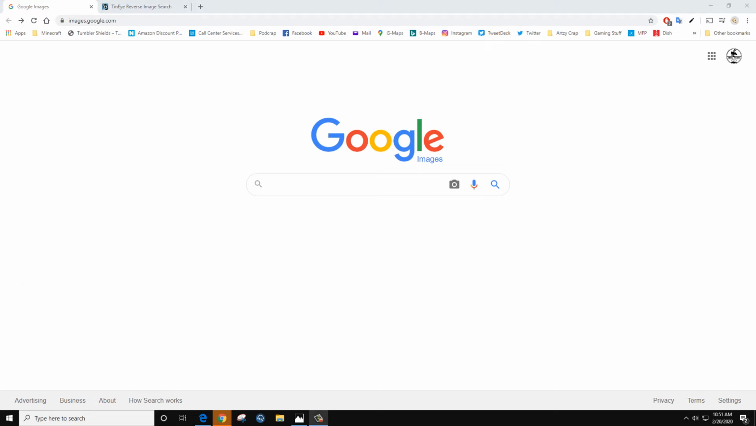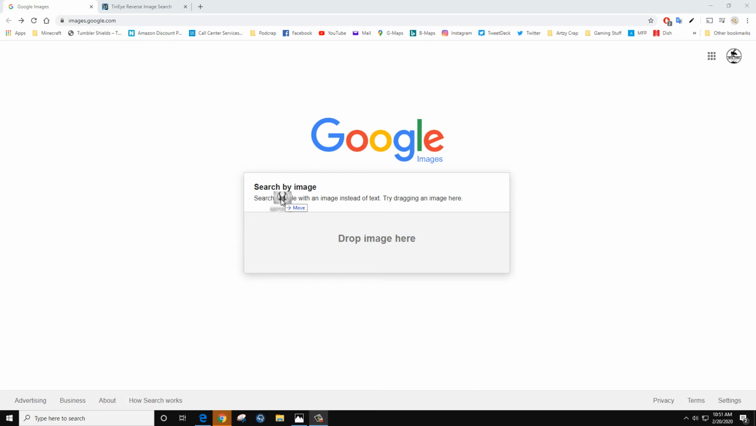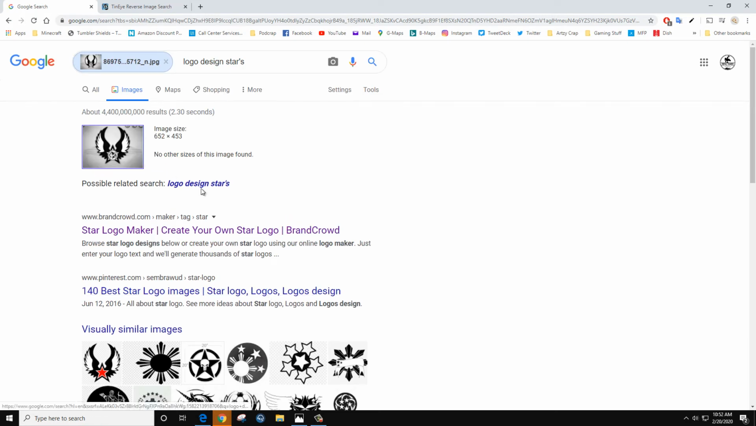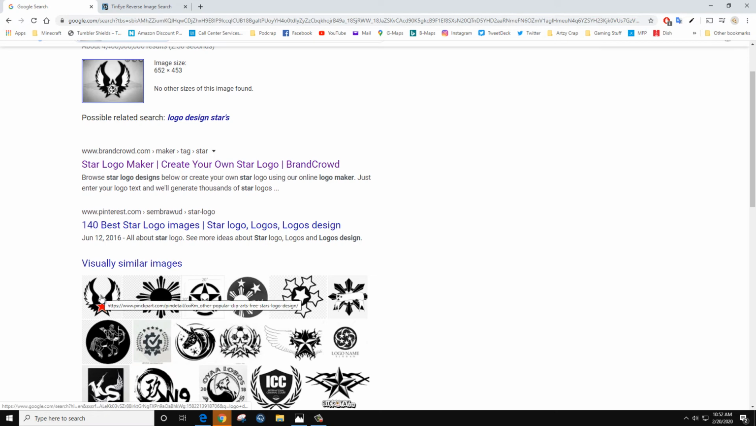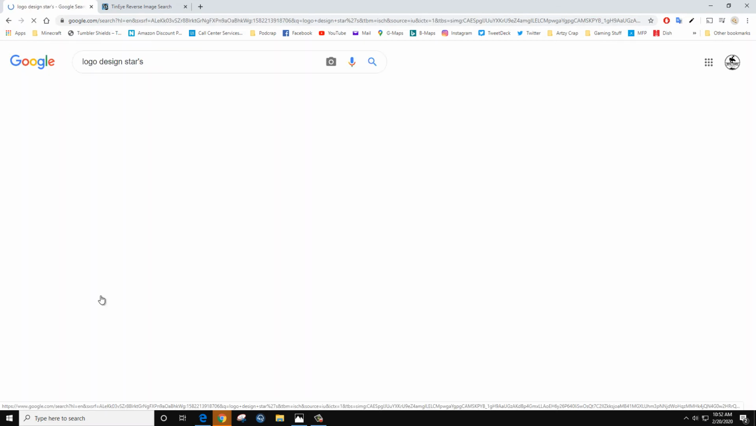So what we'll do, I'm just going to drag the image in off the screen. You can see I have the image selected. I'm going to drop it in there. It uploads the file, and then it says logo design star. So it searches the net based off of what it thinks you should search for. And then you can see the very first result